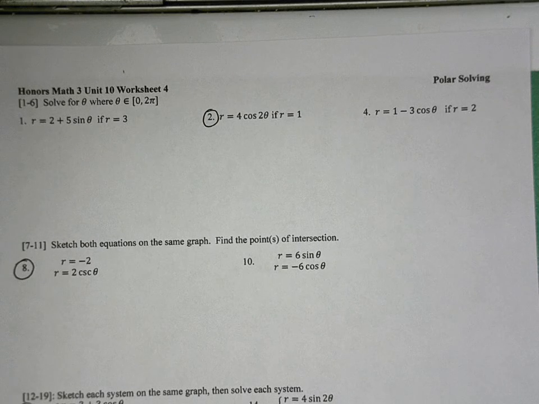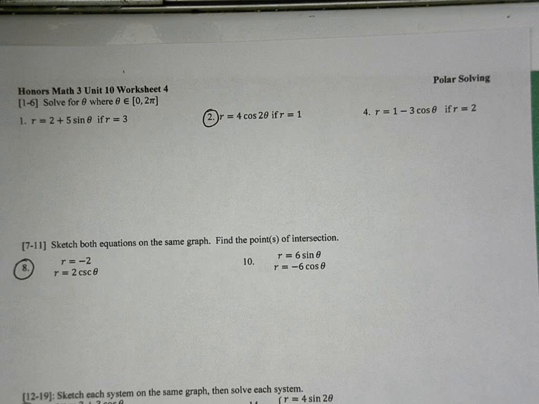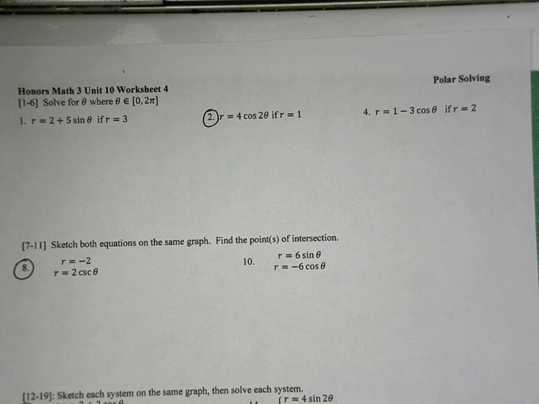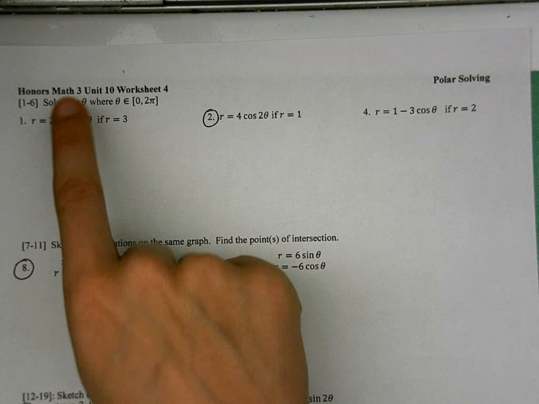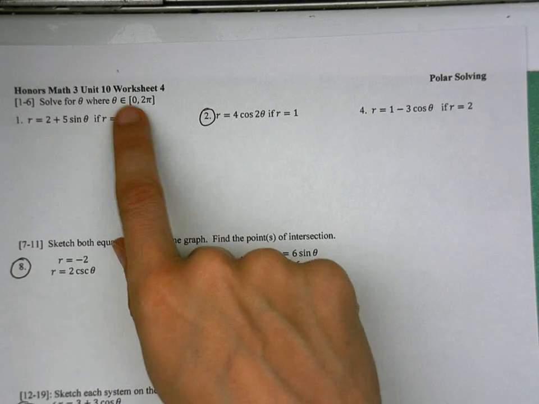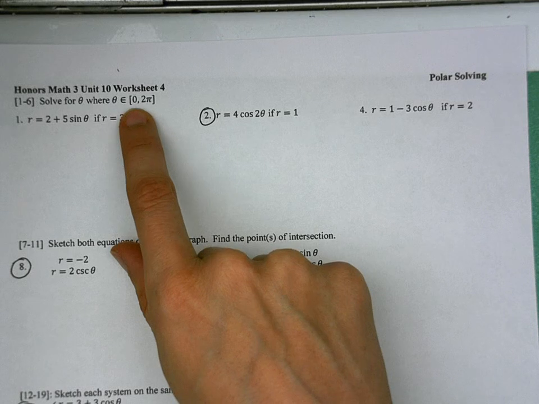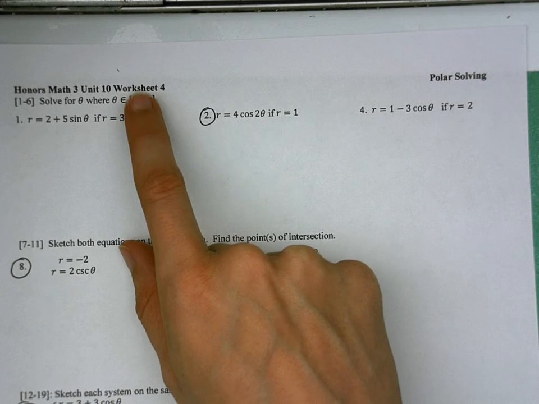Okay? We're going to do 4 here, one from the first group, one from the second group, and 2 in the last group. So number 2 is what I picked for the first group, number 8 for the second group. Number 2 says r equals 4 cosine of 2 theta if r equals 1. We are solving for theta, where theta is an element of 0 to 2 pi,